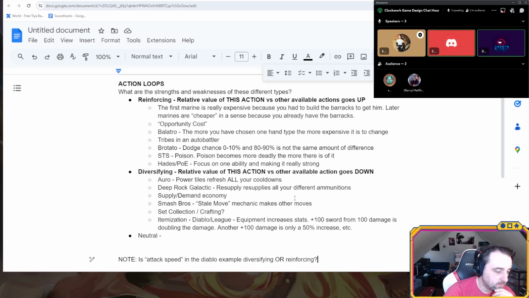I think both the cooldowns and the Hades example I want to get back to, because they're some of the extremes that you should probably be aware of.